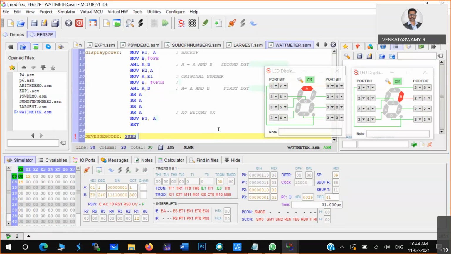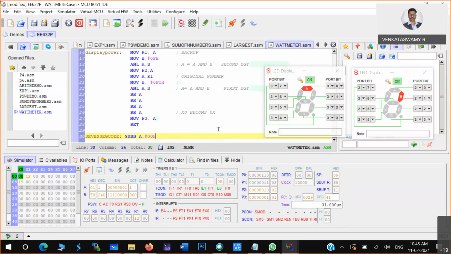What I need to subtract, the content of A. The content of A is coming at this particular point. I need to subtract that particular number with 0. You see here what I am doing. So subtract that particular number with 0, 1, or subtract that particular number with 0, 0.